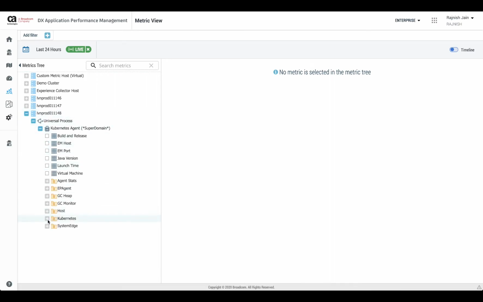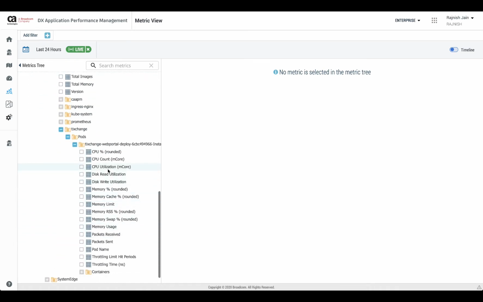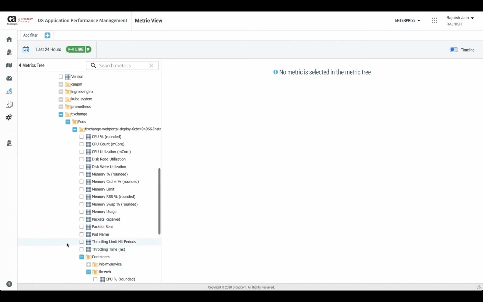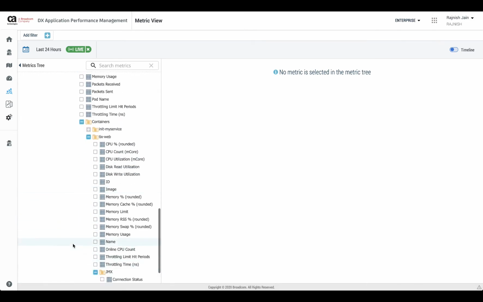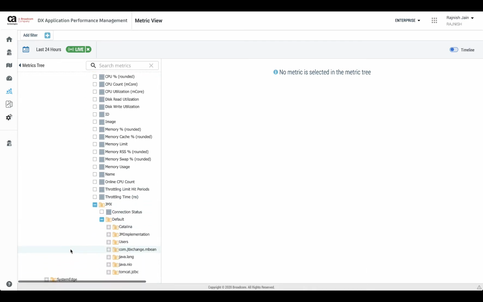If I click on Kubernetes namespaces and look at Exchange, I see that this is my web portal running on node number 48. Click on containers and click on TixWeb, that is my container name, and I see that my JMX metrics are being reported into APM.